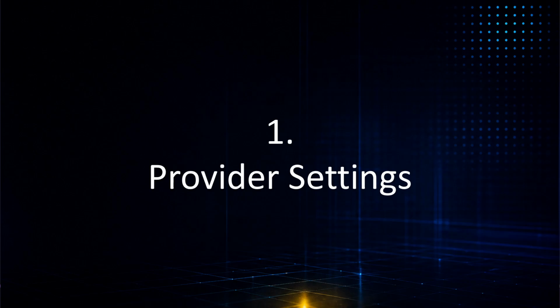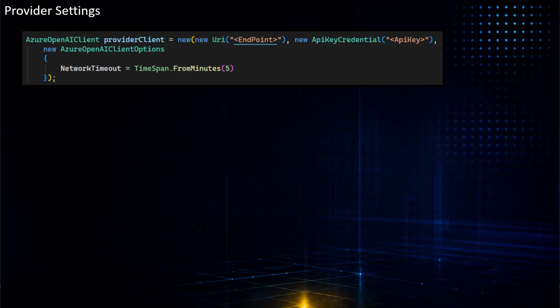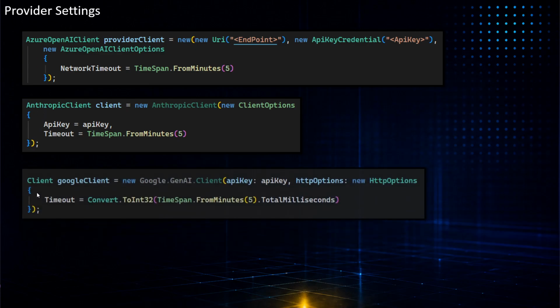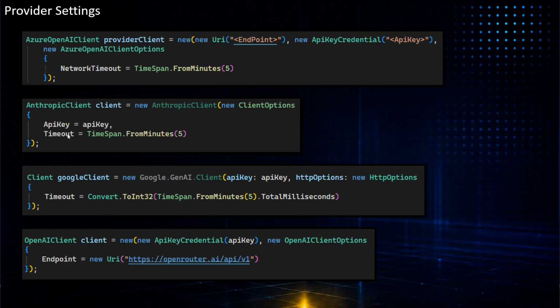So the provider settings are fairly simple in that you can make various different providers. Here I'm doing an Azure OpenAI client, and in that we of course give the basics like endpoints and API keys, but then there is a client options where you can set things like timeouts, retries, and so on. I won't go into every single one of them because they are different for each of the providers: Azure, Anthropic, Google, and so on. Timeout is definitely one of the ones you will normally set if you have some very, very long calls that take more than the default timeout in .NET.